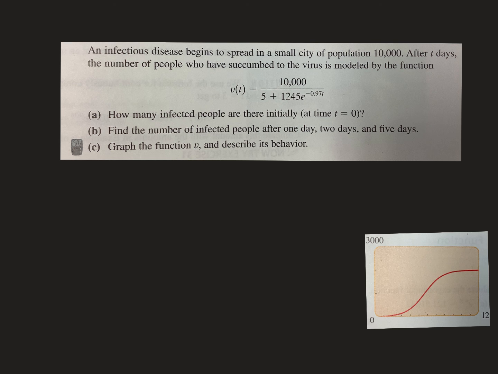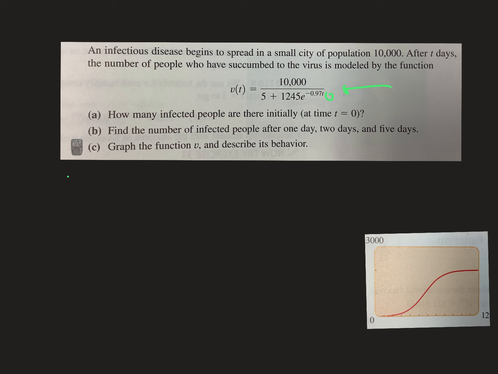An infectious disease begins to spread in a small city, population 10,000. After 10 days, the number of people who have succumbed to the virus is modeled by this function. Almost all epidemics follow an exponential function like this right here, believe it or not. It says how many people are affected initially, at time 0. So to figure that out, we're just going to put 0 in for that t right there and punch it